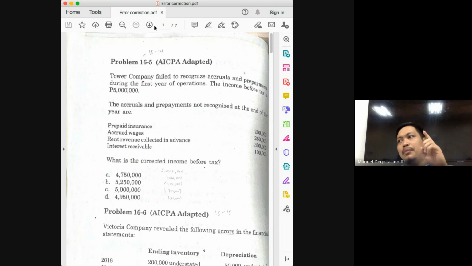Okay? And if we're talking about prepayment, what must have happened before? The entity must have paid for something, class. Okay? So, in between the lines, class, the problem is telling us that the entity paid for insurance. I want that to be clear to everyone. Here, the problem is telling us that the entity paid for insurance. Okay? But what the problem is also telling us is that by the end of the year, class, we have prepaid insurance. Okay? But what did we do? We failed to recognize prepaid insurance.